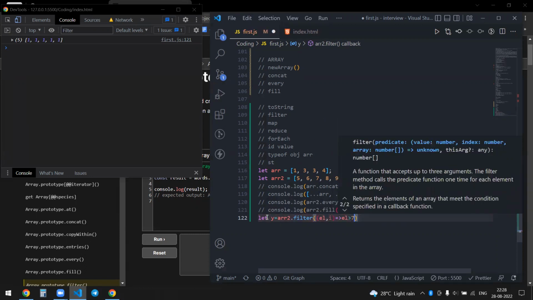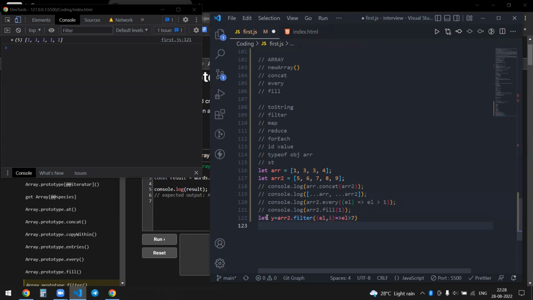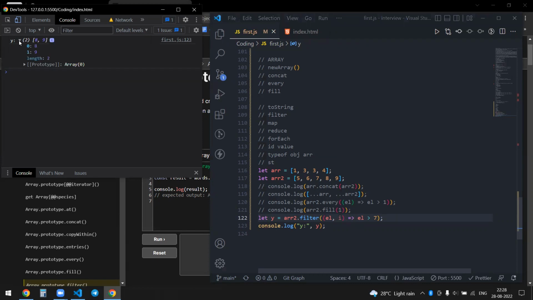It will just give me that particular array. If I do console dot log y and save this, you will get the array. It will return a new array with the required condition, so only the elements greater than 7. So yeah,